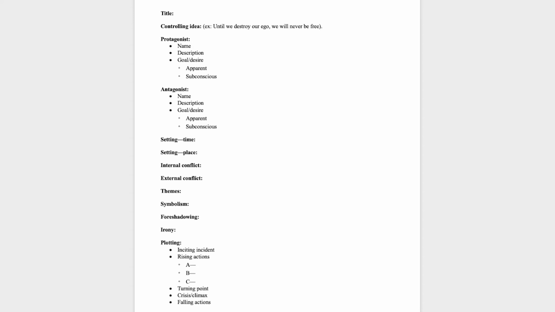And then themes, right? Themes allow you to expand the controlling idea in a broader sense. I put this there for myself when I do outlines, but really themes start to develop themselves on the second or third round of a draft. So I don't spend too much time worrying about themes up front. Nor, I put symbolism here as well, do I worry about symbolism as much unless it's apparent.